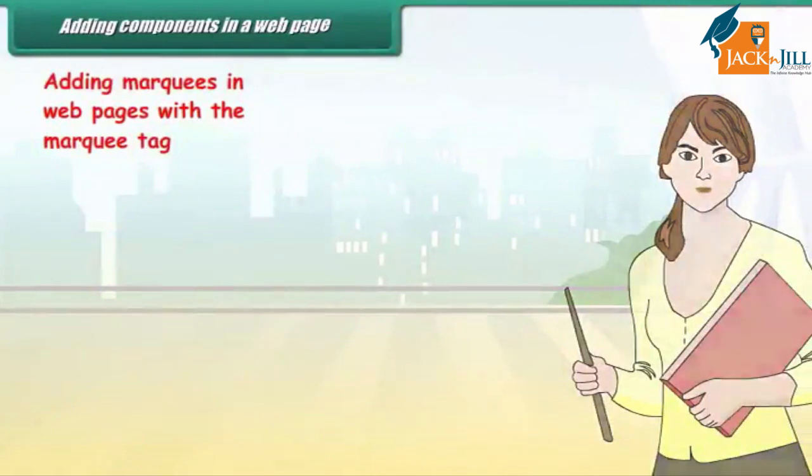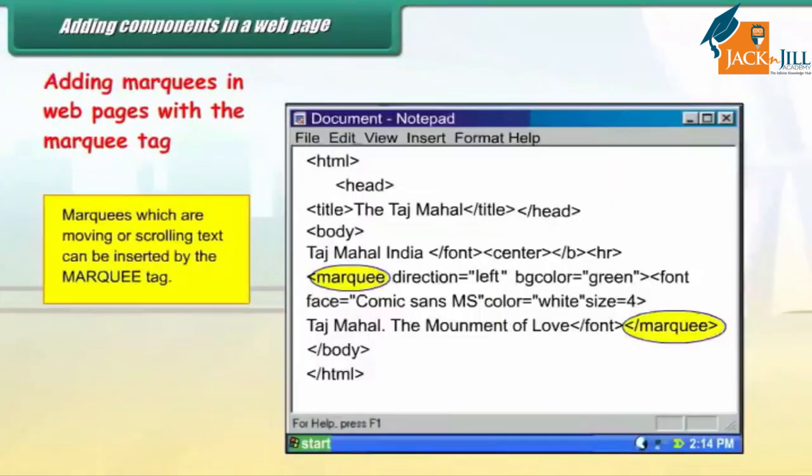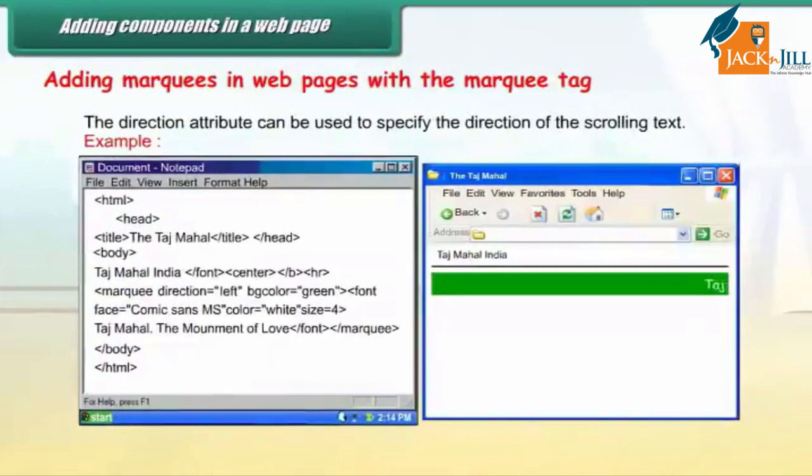Adding marquees in web pages with the marquee tag. Marquees, which are moving or scrolling text, can be inserted by the marquee tag. The direction attribute can be used to specify the direction of the scrolling text. Example: